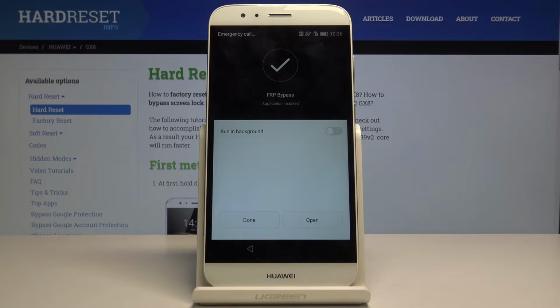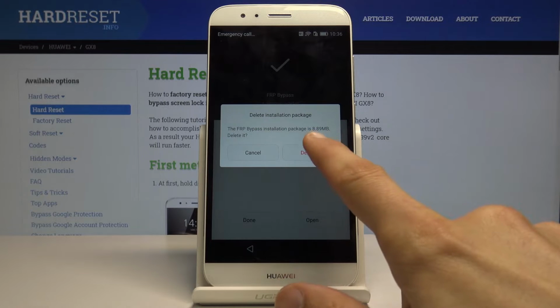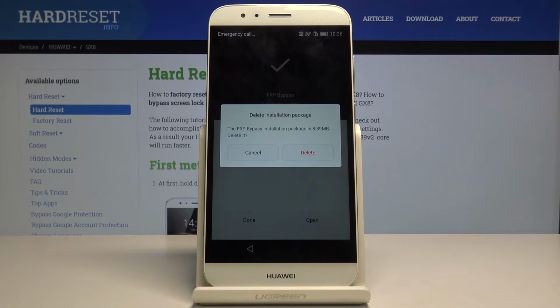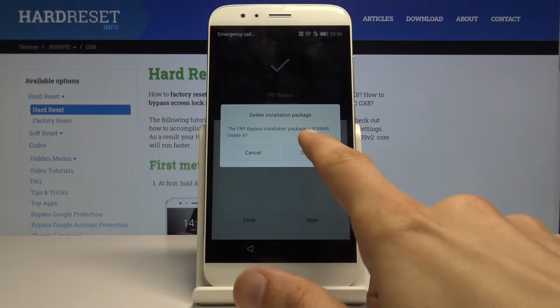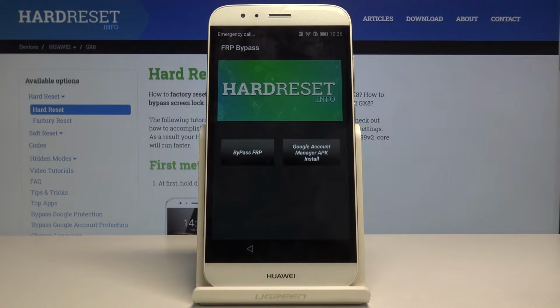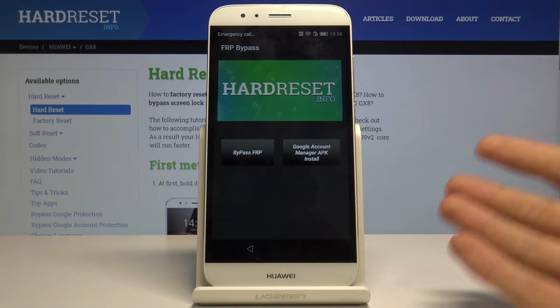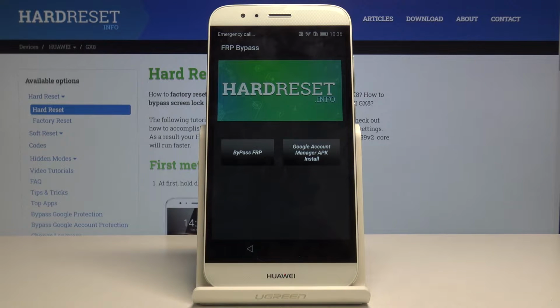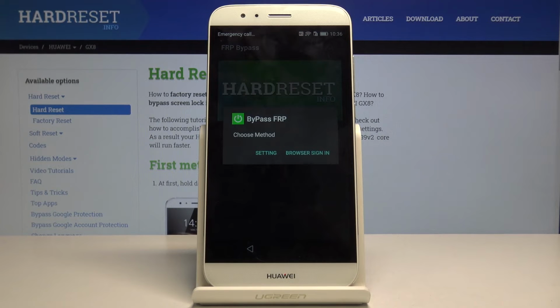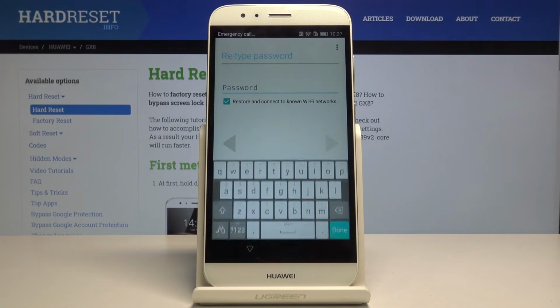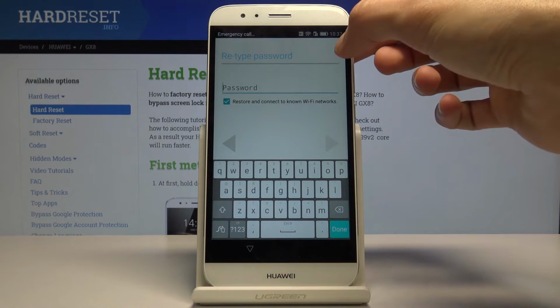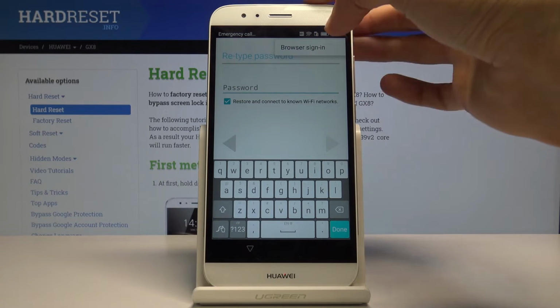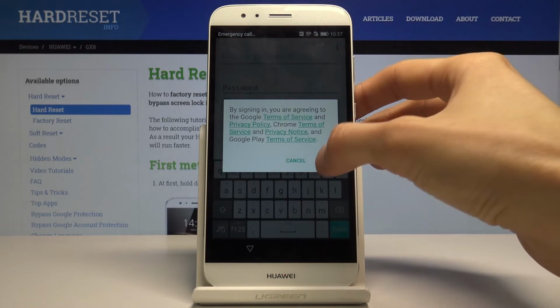And there we go. Once it's installed, you want to open it. This is a message to delete the file itself. You can delete it, you can keep it, it doesn't really matter. We just need the app, so the remnants of it are not necessarily needed. And here, choose Bypass FRP and select browser sign in. It opens this up. From here you want to again tap on the three dots right there and choose browser sign in once more, and it will take you to the actual Google sign in,